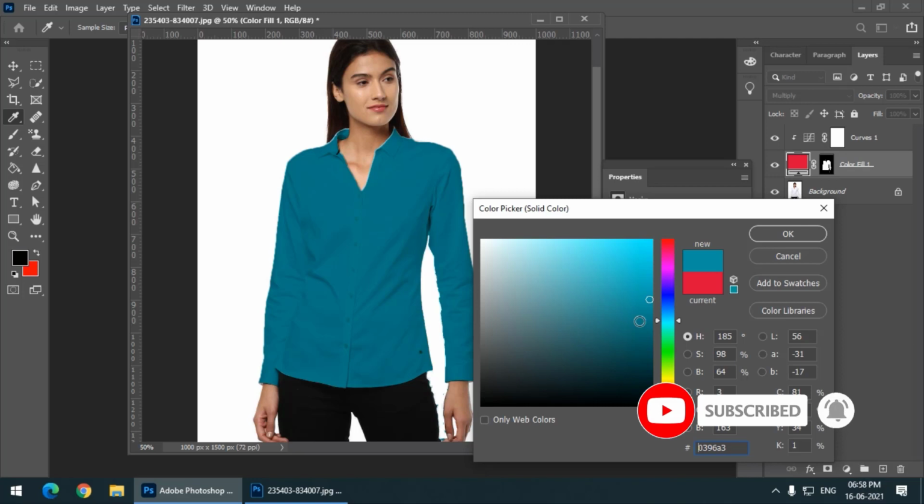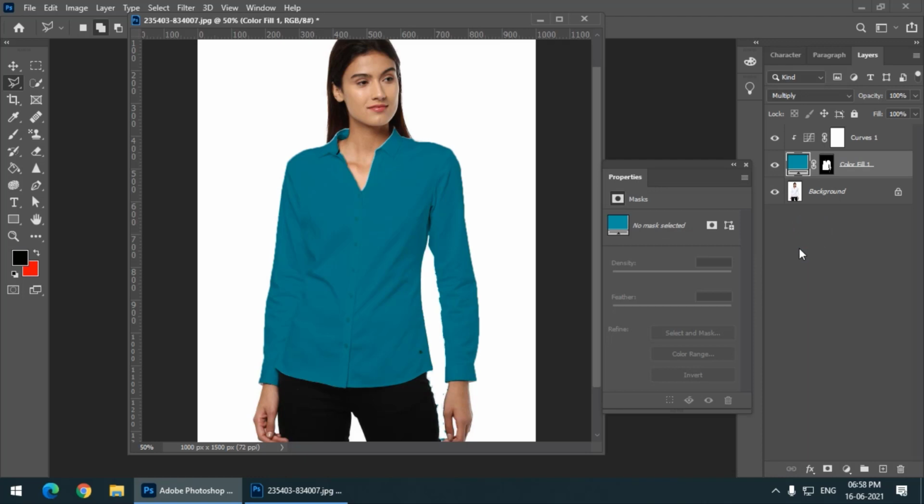So this is one way to change the color of a white object, in this case, as I mentioned earlier, a shirt. I suggest you try this method out and experiment with it, and you can try it on different objects like cars, maybe a white car, or some other objects. So I think that's it for this video.